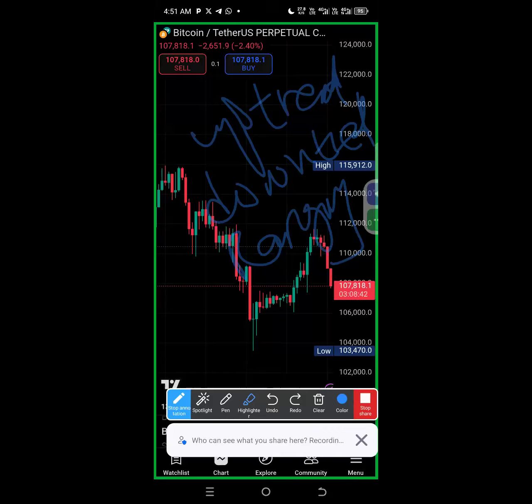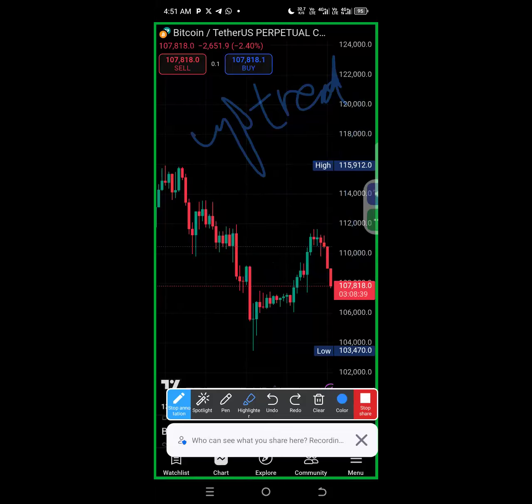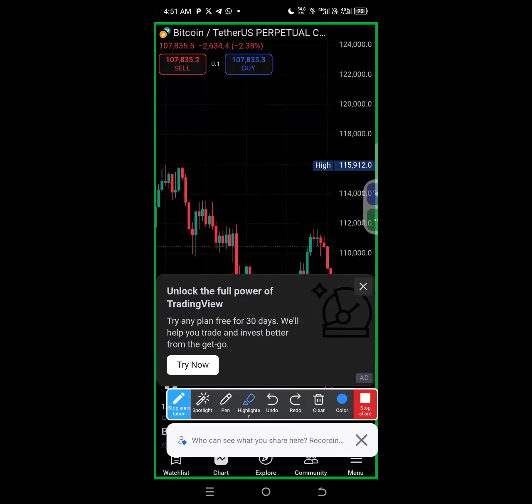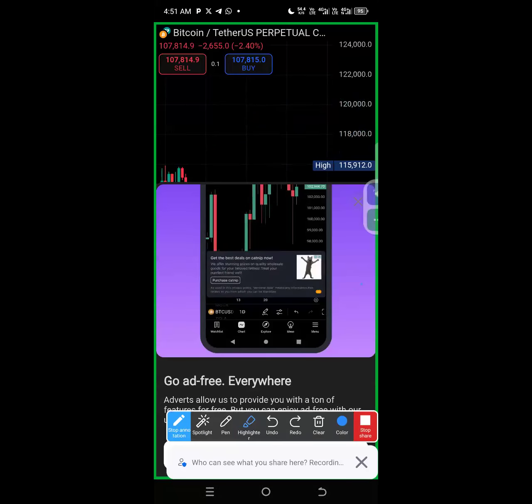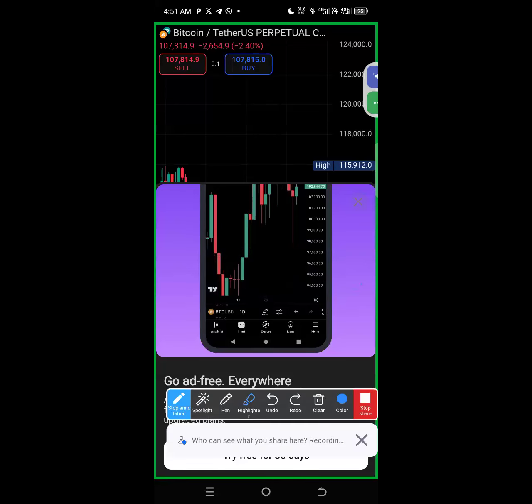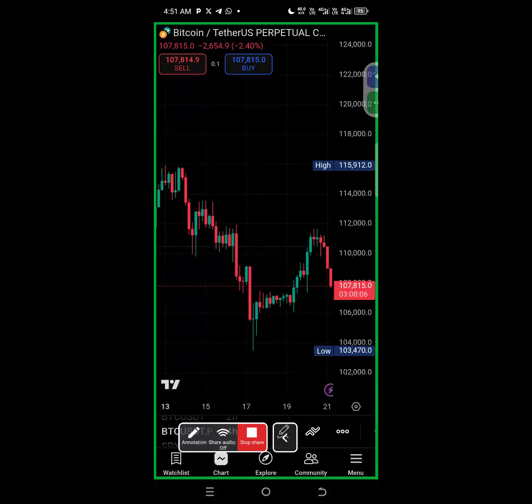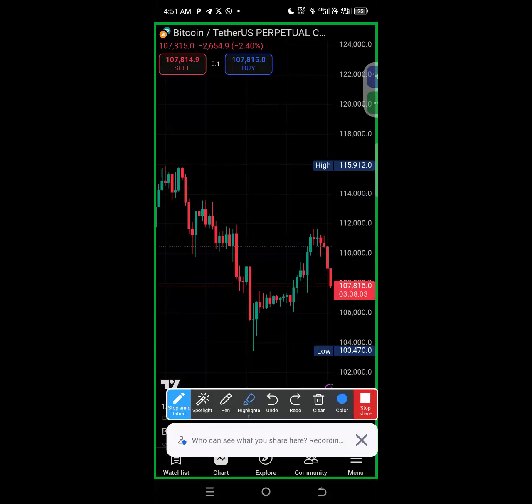Okay, so now when we talk of support in trading, basically, the main purpose of support and resistance is to help traders identify how the price rises, or technically, how the price reverses. Before we even proceed to what support and resistance actually mean,